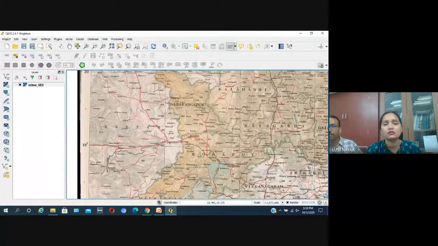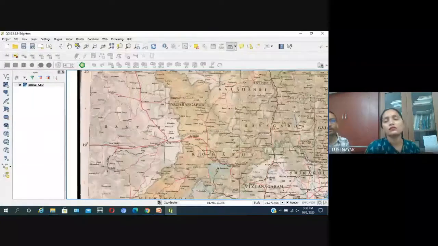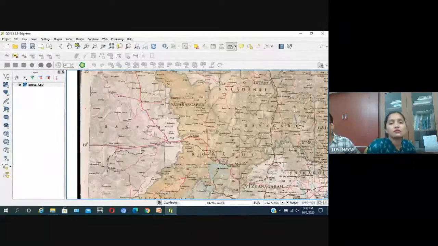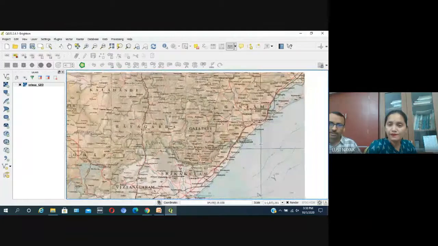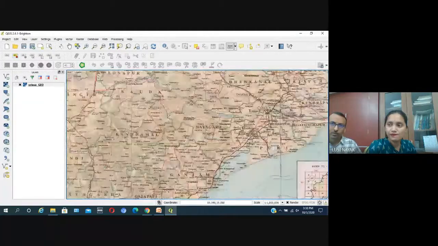Any point. So in the assignment, you have been given 5 points. For those 5 points, you have to record the coordinates, latitude and longitude, in the table in the given format. And from Bhubaneswar, you have to measure the distance to those 5 locations. So take the measure distance tool, then click on the Bhubaneswar point.